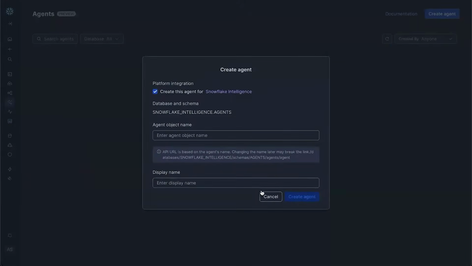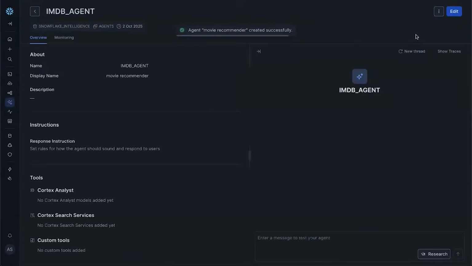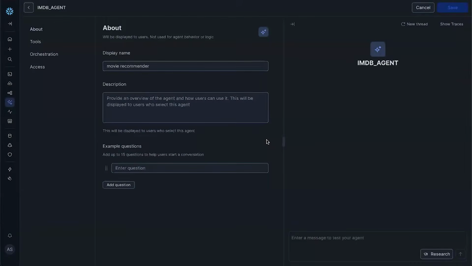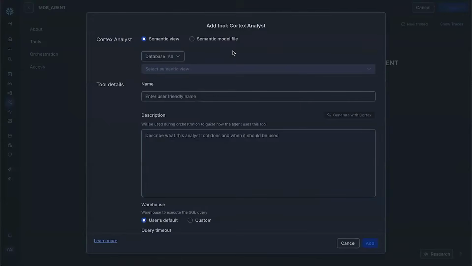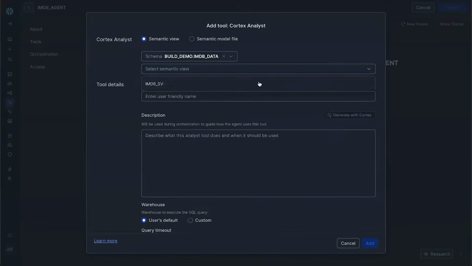We are starting to create an agent in this window. The agent name will be IMDb agent, and the display name will be movie recommender. We create an agent. Now we would like to add tools to the agent. For this, I'm going to start by selecting the Tools section, adding the Cortex Analyst semantic view, which is stored in our database and schema. And here it is, a user-friendly name,